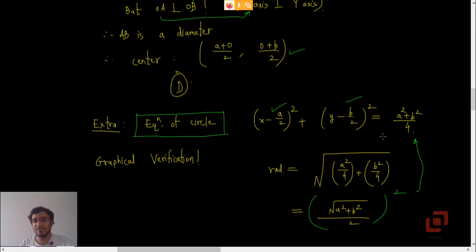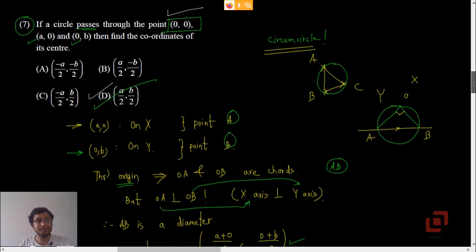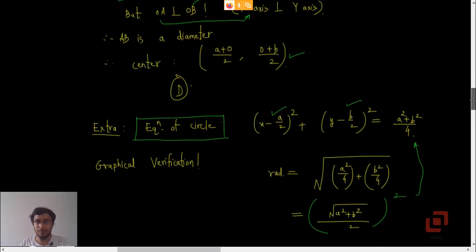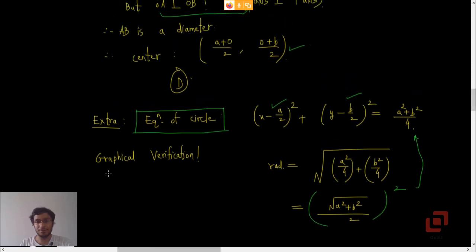So just in case they ask you what the radius of the circle will be, then you will say the radius is going to be root of a squared plus b squared upon 2. Okay? Alright. So we have completed this problem,